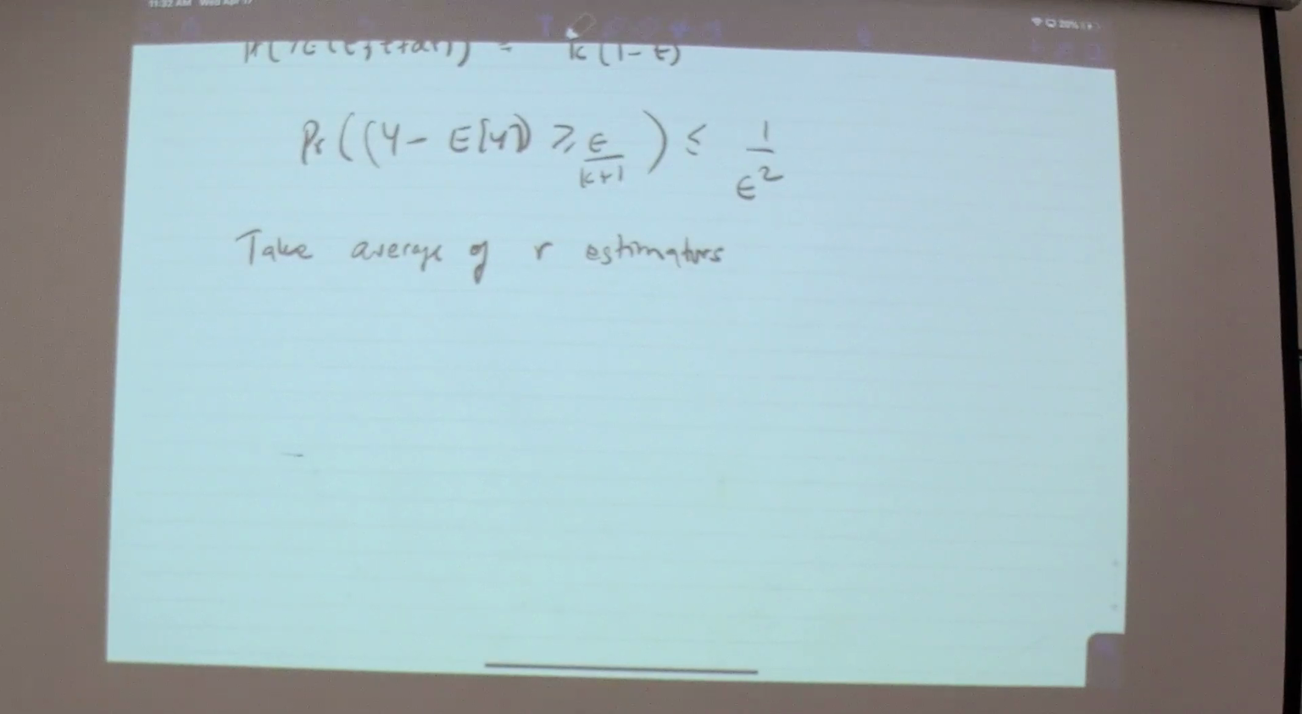Now, roughly speaking, and in this case this works, if you take the average of our estimators, the variance of the average will be essentially 1 over t times the original variance. So the variance goes down, right? And if you plug that into this Chebyshev inequality, the probability, so let's say